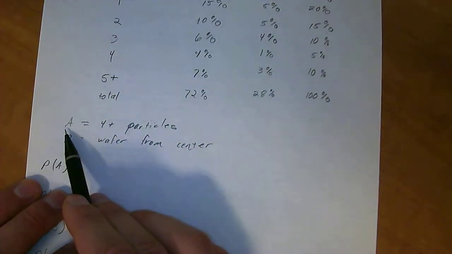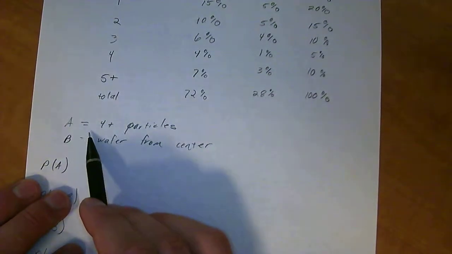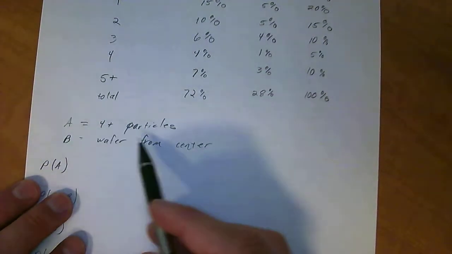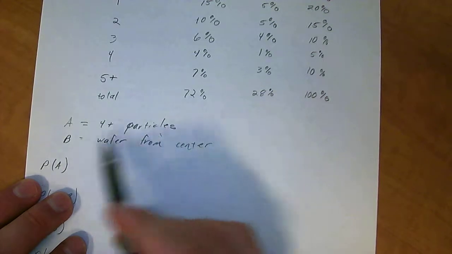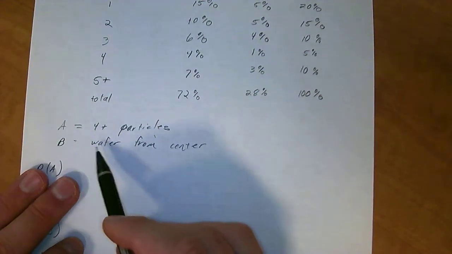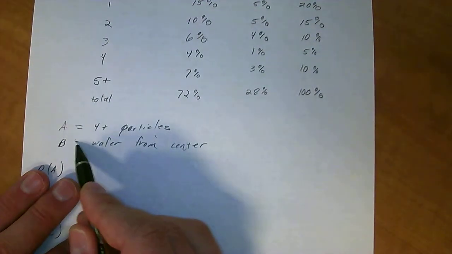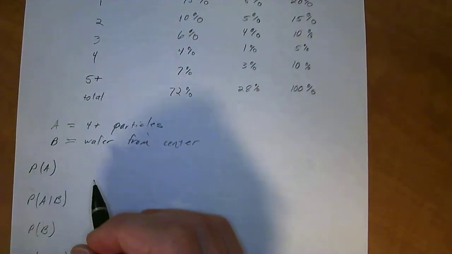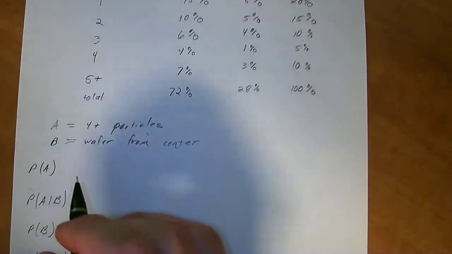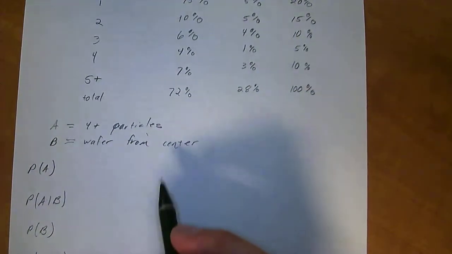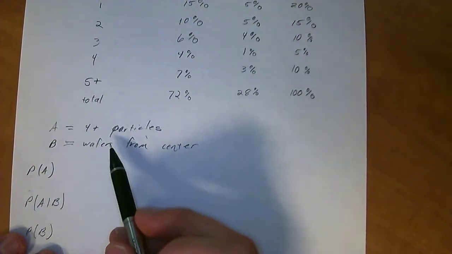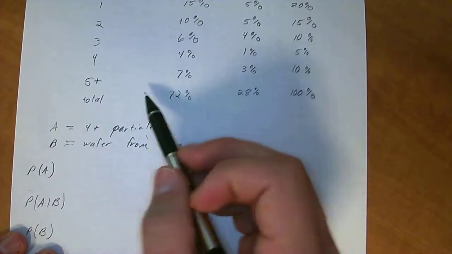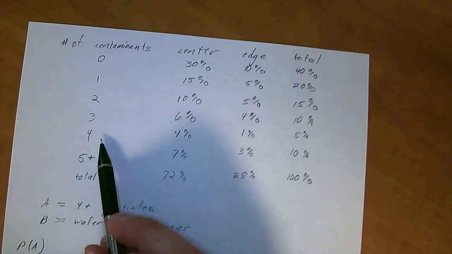So in this problem, A is going to be the chance of 4 or more particles on a wafer, and B is the chance of the wafer being from the center. So for the very first part, probability of A, the way to do this is actually not too bad. The probability of having 4 or more particles, if you're looking up here, then you'll see that it's